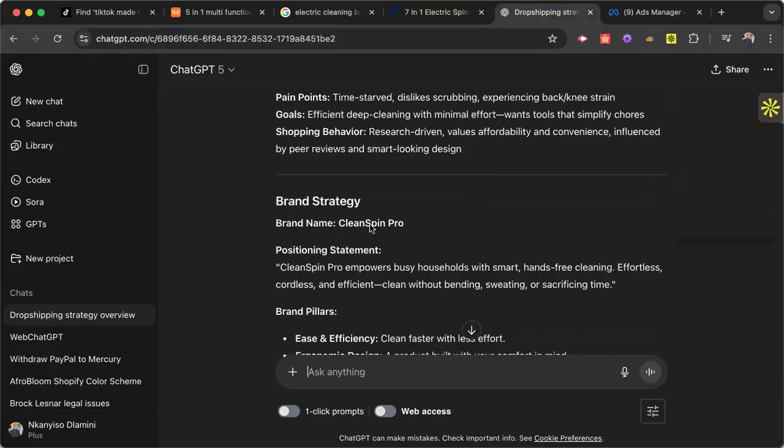So a rule of thumb is that you want to make sure that your product name is less than 3 syllables, because in terms of marketing and branding, people find it difficult to remember anything. If you can get to 1 syllable, that's perfect. Here it's Clean Spin Pro, 3 syllables. If you think about Coke, if you think about Pepsi, you want to make it as short as possible, and then you're going to create .co.za, right?